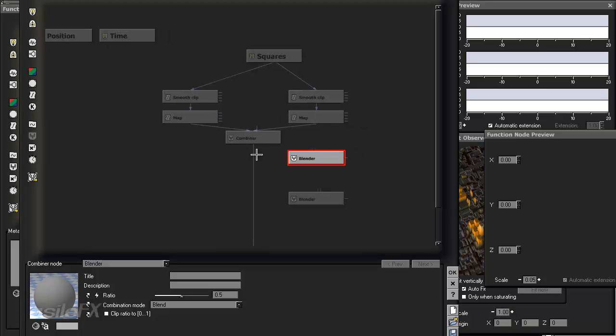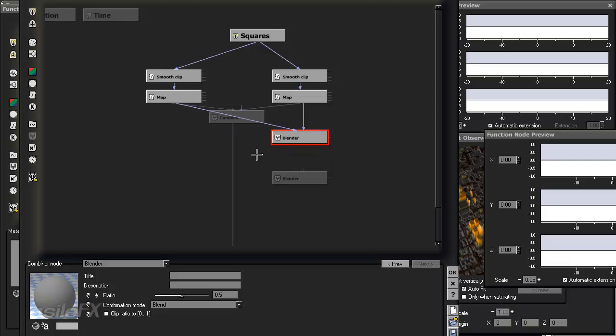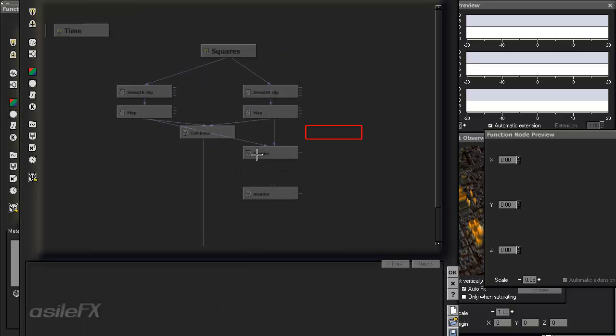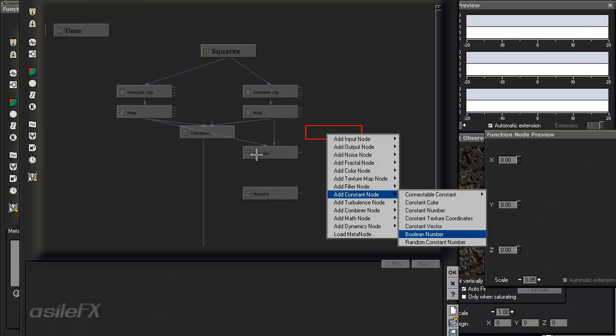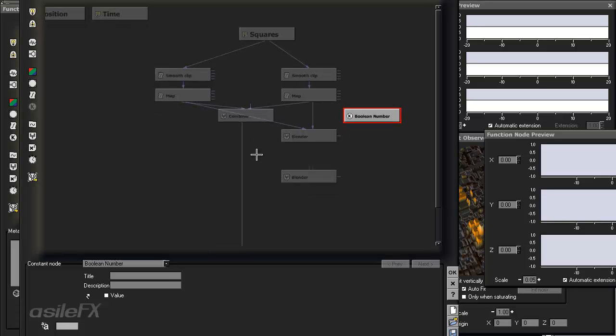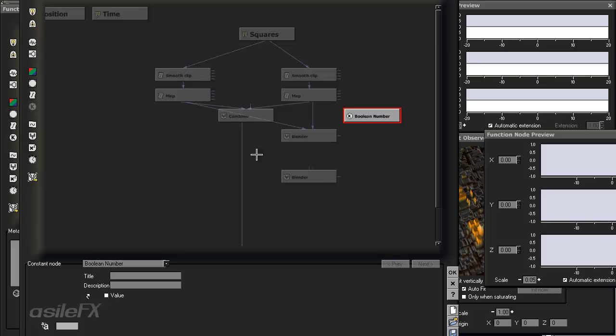So what we want to do is have a connection between the small and the large as a blender. And in order to make an on-off switch, all we need to do is add a constant node, a Boolean number. Now, if you're using version 7, you'll have to use this as a slider. You can just publish the slider and switch between 0 and 1 to make your on-off switch. But version 8 and higher, you can use the Boolean number to publish this checkbox. What this checkbox does is, by default, the number is -1,